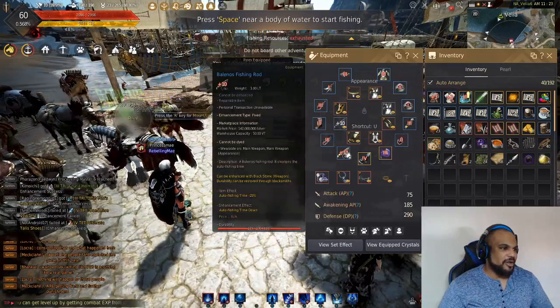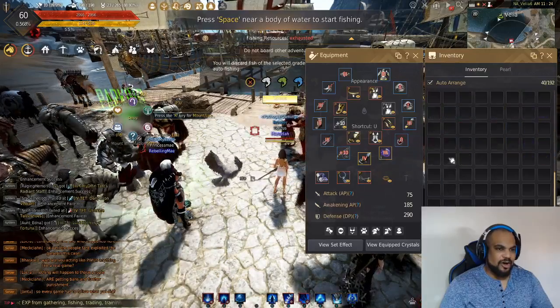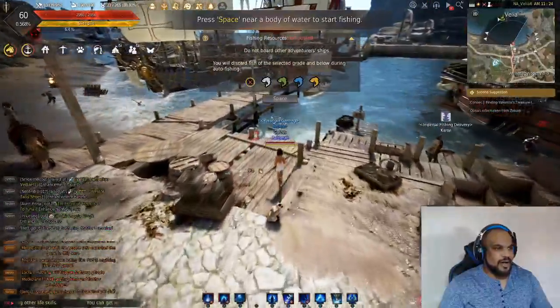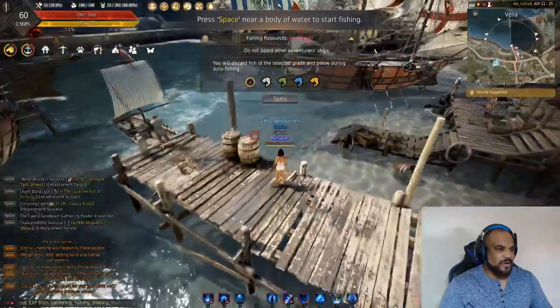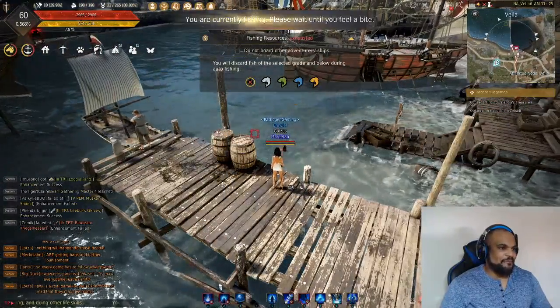So while you're AFK fishing, it's just about volume. It's about just filling all your inventory slots up, just getting as much fish as you want. As you can see, as soon as I equip the rod, this little interface pops up. It says fishing resources, press space near a body of water. And so I do that, I press space, my character will automatically come up here, drop the line, and then